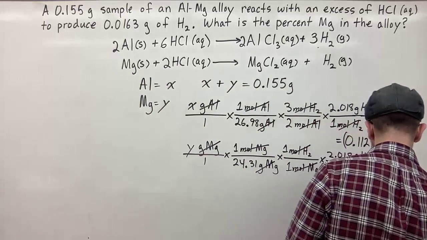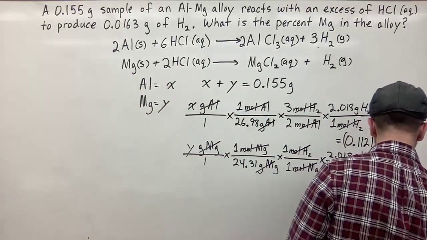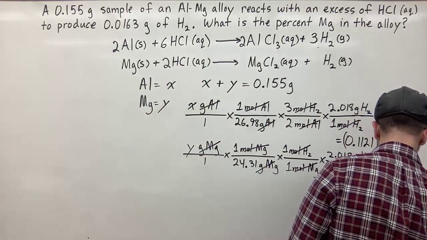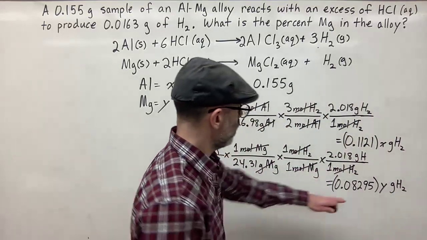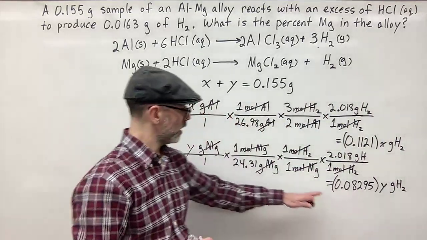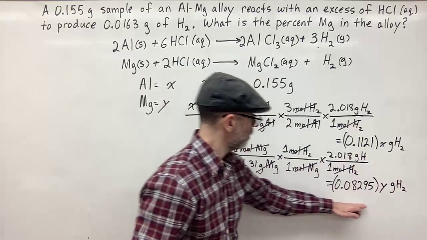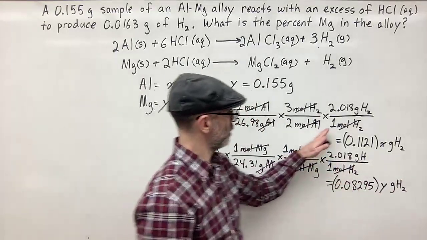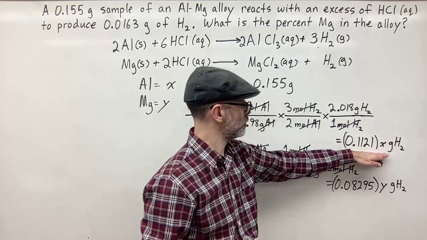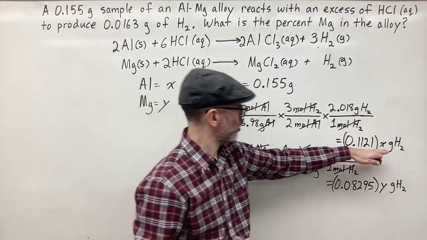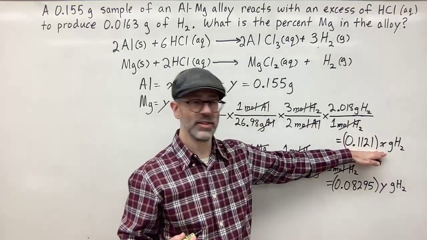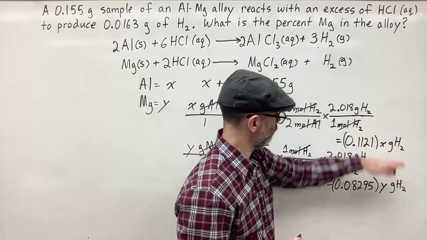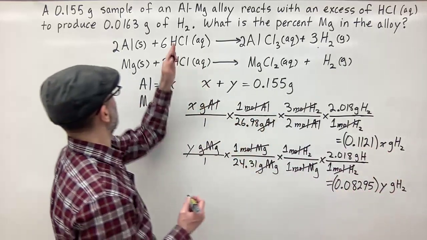And that's going to be multiplied by Y, and that's going to be grams of H2. So now I have the amount of hydrogen produced from magnesium in terms of Y and the amount of grams of hydrogen produced from the aluminum in terms of X. So now I know that both of these amounts of hydrogen add up to